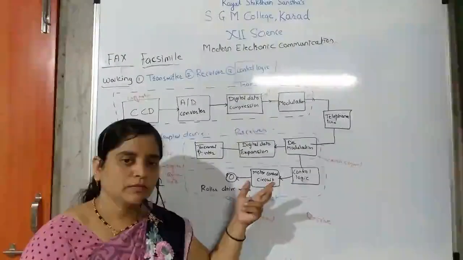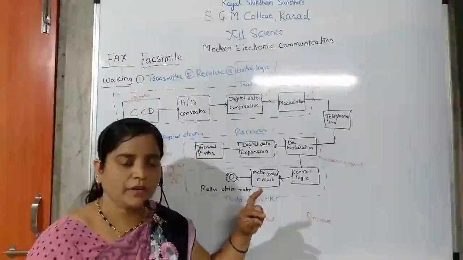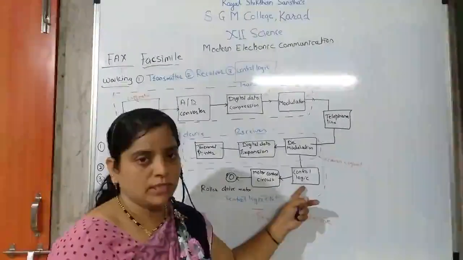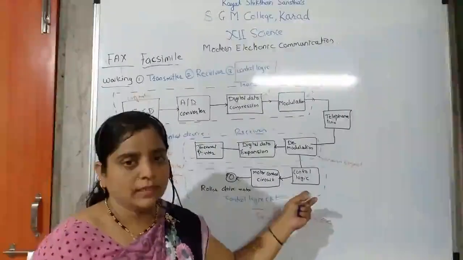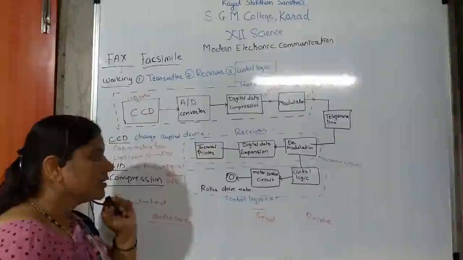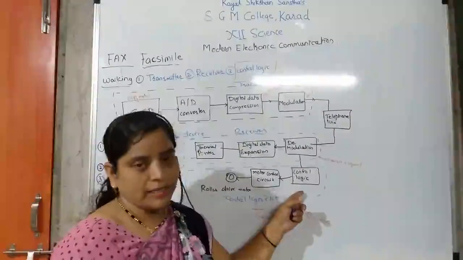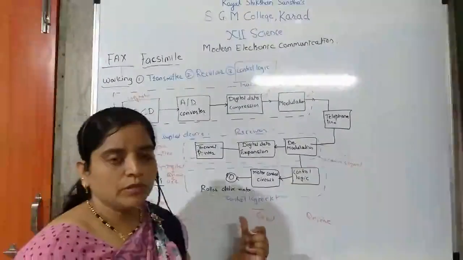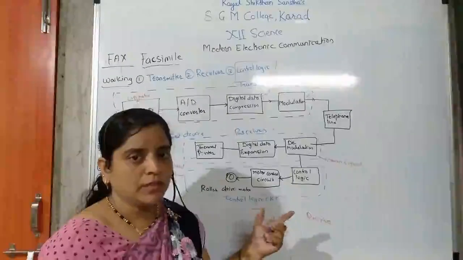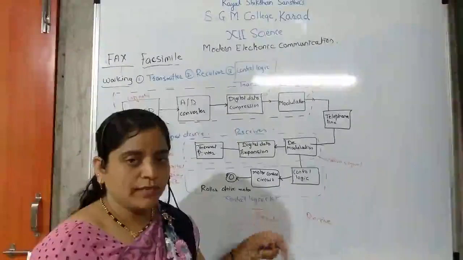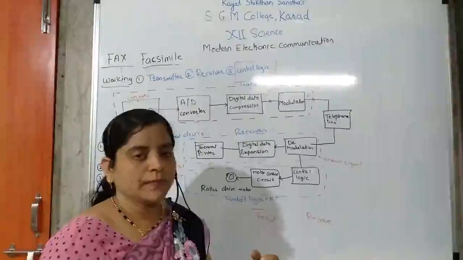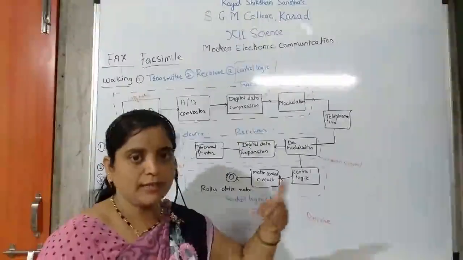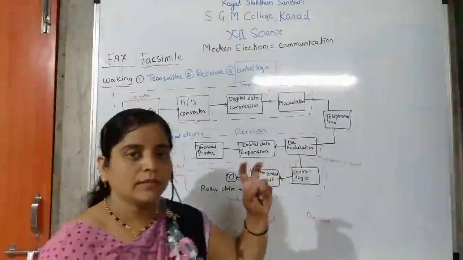Okay, to ensure between two fax machines whether the signal has been received successfully or not, control logic is used. Control logic controls the signal and ensures handshaking between two machines by audio tones. If you start the fax machine, you have audio tones, and you send the signal, you receive the same audio tones. So there is a calling machine and a called machine, that is, a sending machine and a receiving machine.